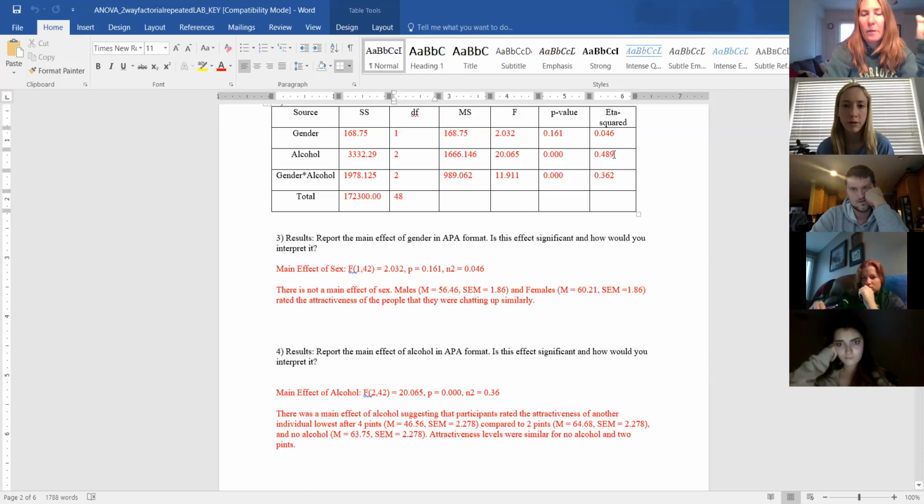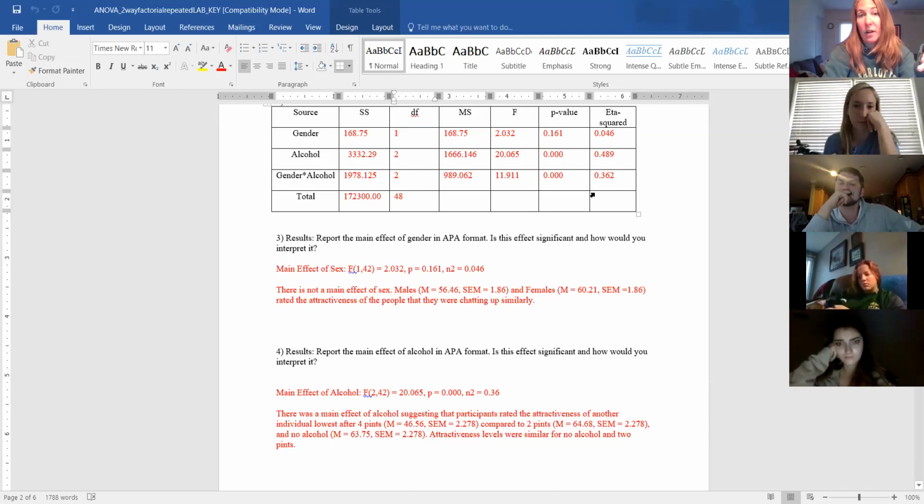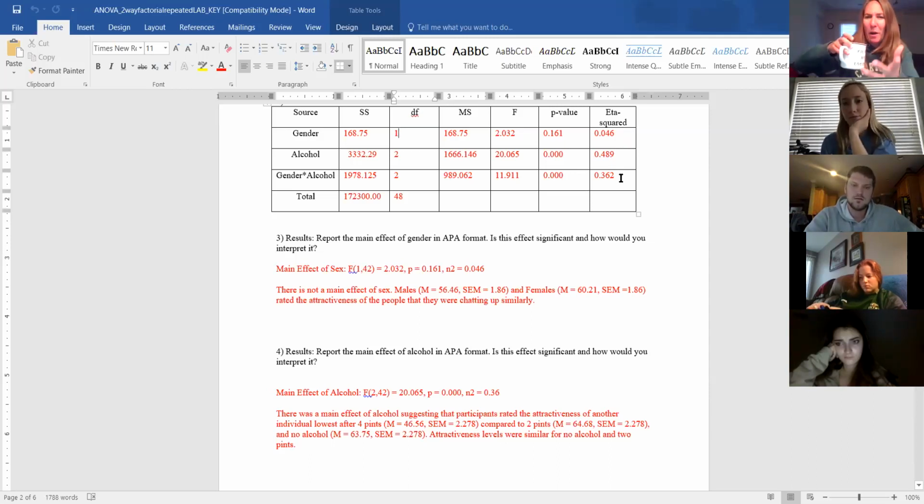And then this is saying that about 50% of the variability in the design is due to your variable of alcohol. So this isn't significant, but these two are. And if you look at the interaction, it's 36%. So this is saying that your independent variable of alcohol was more powerful. It had a larger effect than gender and than the combined did. And again, I'm going to post a PowerPoint about that, but that's what